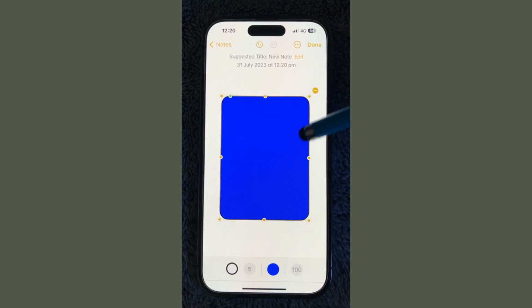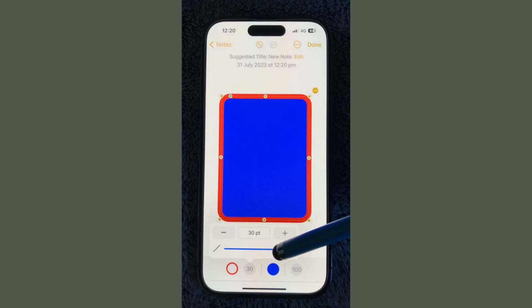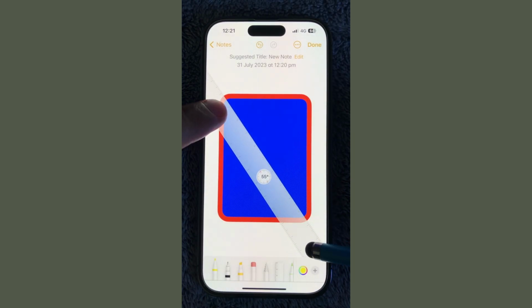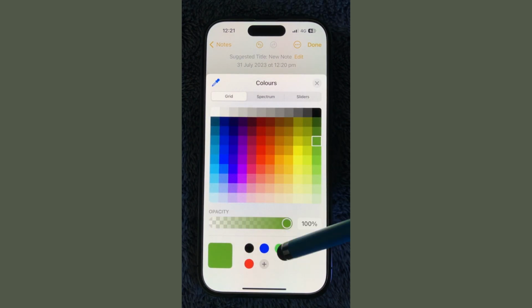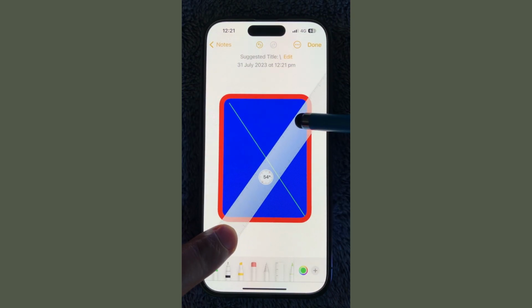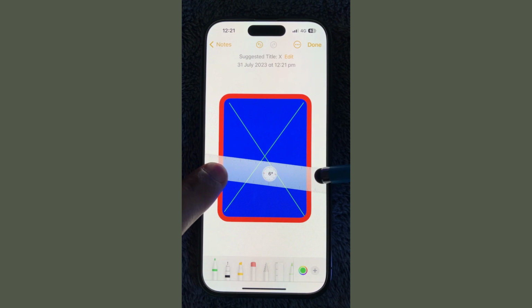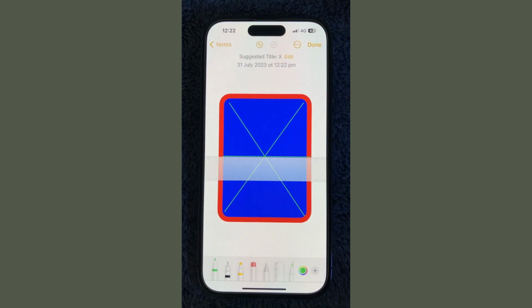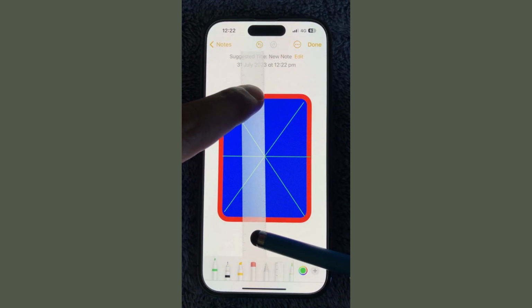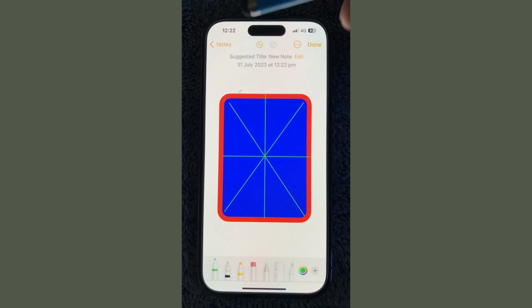Have you ever wondered what you actually can do with iPhone's Notes? As you can see, I am designing with the help of iPhone Notes. Don't you think that is simple? Here I am going to show you what we can do with iPhone Notes. First up,